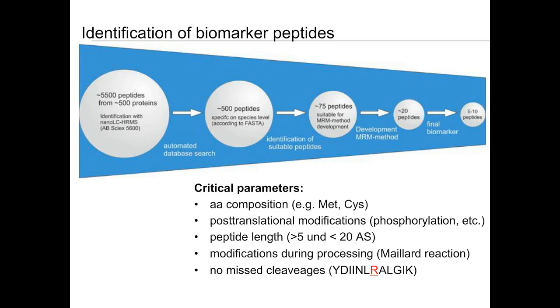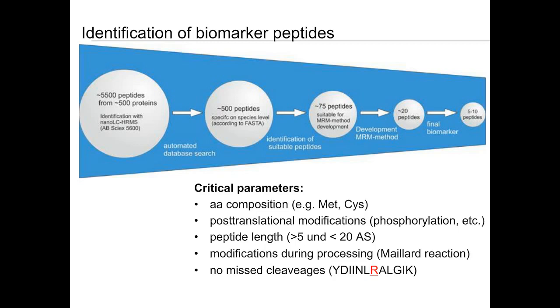The next step was then to search all these peptides against a database which we have generated from the available genomics and proteomics data from all species which are important for food purposes, at least in Europe. So we have included, of course, horse, chicken, lamb, different bird and fish species, and so on and so forth, and searched all the peptides against this database to exclude all peptides which are not specific for pork in this case. And at least according to the database, there were 500 peptide candidates that might